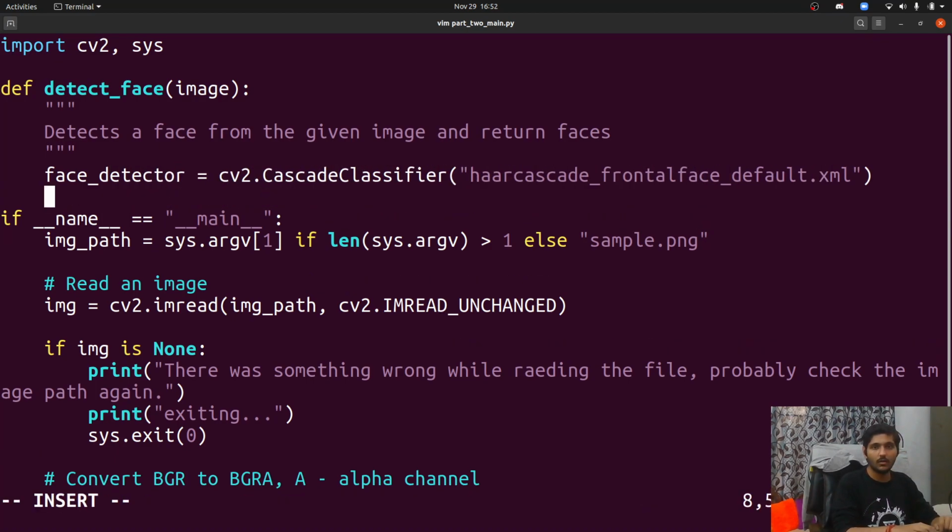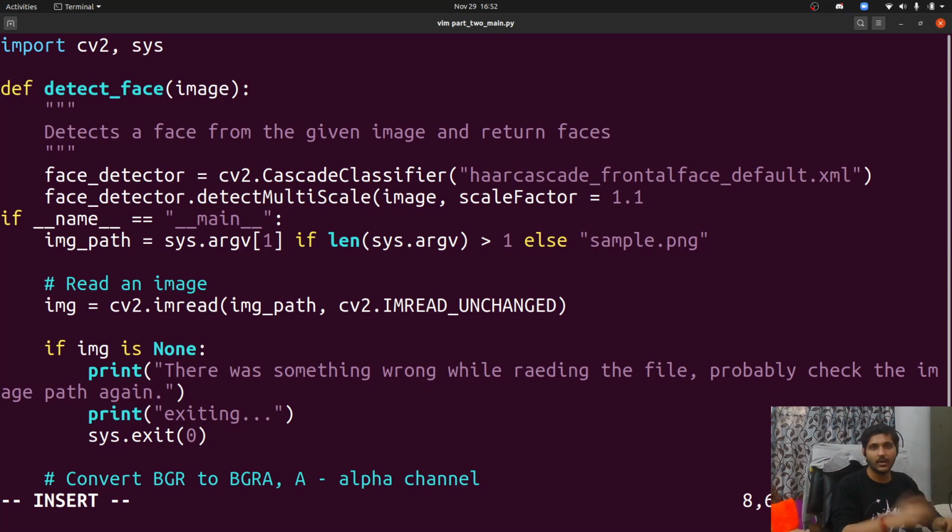So what's the next step, guys? You have to detect the face, right? And scale factor, I've explained this in the previous video, guys. If you're curious, you can just check the previous video or also the live session where I talked about it. So I'm just taking the default arguments because those work well for my image. You can change them and try to experiment with it.